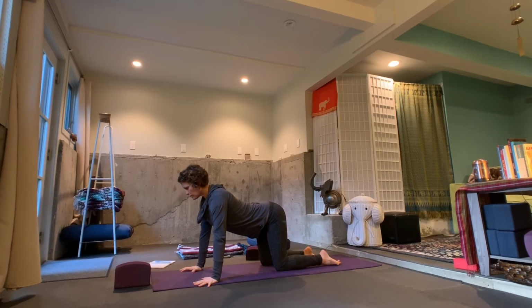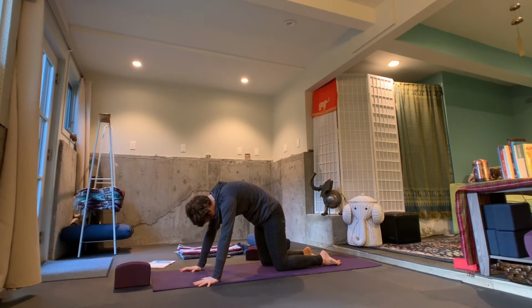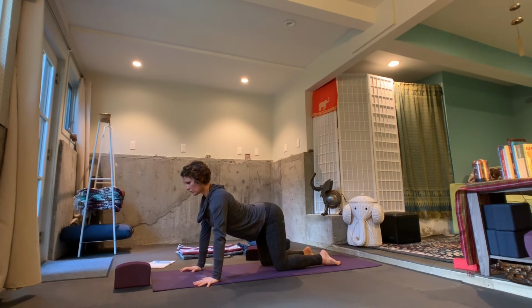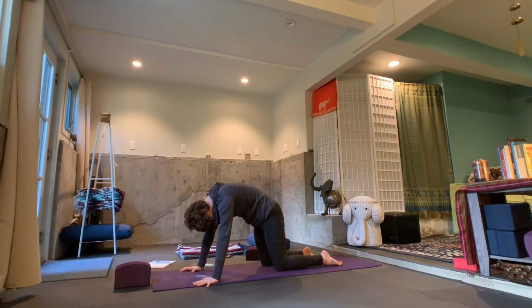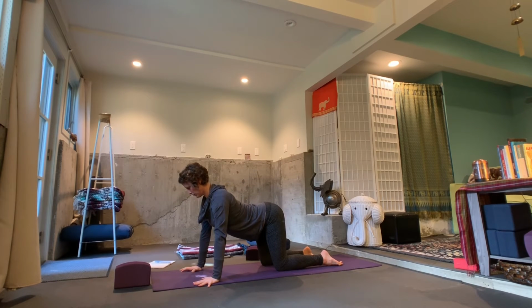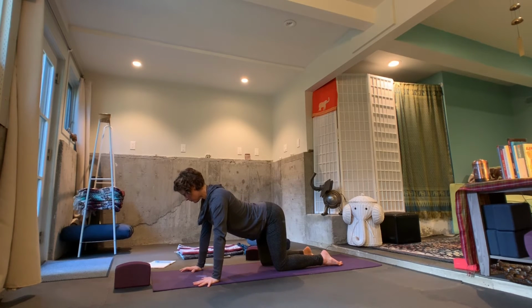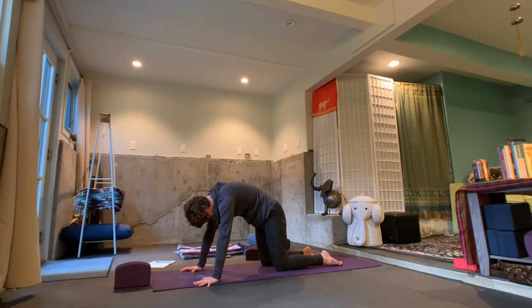hips over knees, inhaling, looking forward into cow pose, exhaling into cat pose, tucking under, inhaling, drawing your hands back, collarbones broad, exhaling, belly button into spine, pushing through your hands, inhaling, looking forward, dropping your chest, exhaling, pushing your chest up towards the sky, inhaling, looking forward, cow pose, exhaling into cat pose, tucking your tailbone,